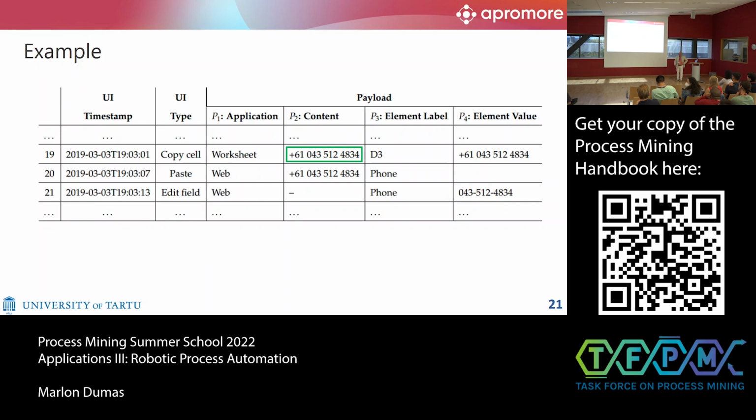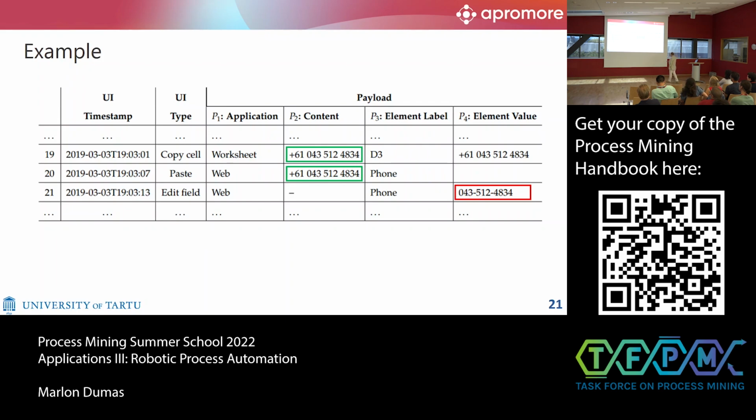This piece of a UI log is deterministic because here I see something that is read, that's input. Then I see that copying is a reading operation, so it gets inputs. It doesn't have outputs. Pasting is a writing operation, so it gets an output. And I can see that I copied the same thing I saw before, so this step is deterministic. And the next step is also deterministic because once I have seen it many, many times, I will notice that this value can be derived from the other value by just trimming off the +6, the country code. The country code can be different depending on countries, by the way, but by just throwing away the first token, I can